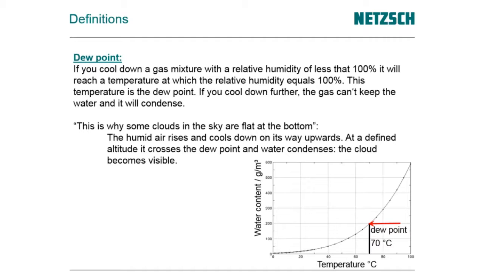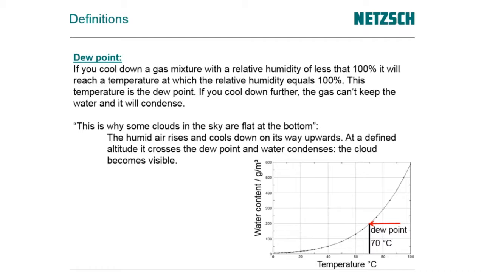To understand this, I have again this graph that we saw before, and here you have to think that you have a gas atmosphere which is less than 100% filled with water, so it's not saturated. However, if you cool this gas volume down to a certain temperature, it will hit this 100% curve, which is shown in this graph. And at this point, the atmosphere or the volume is not able to handle the water content anymore. So it needs to decrease because at lower temperature, the 100% value is smaller than the actual one. And this temperature where the water will start to condense because the system needs to remove water is called the